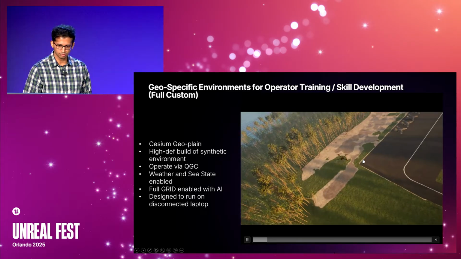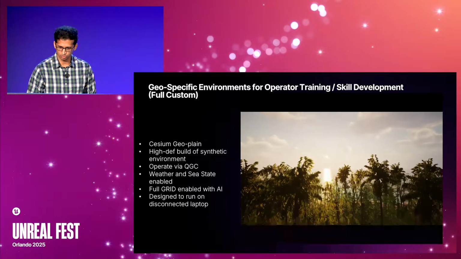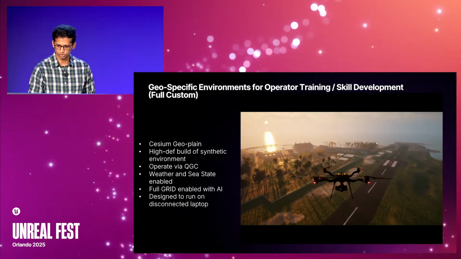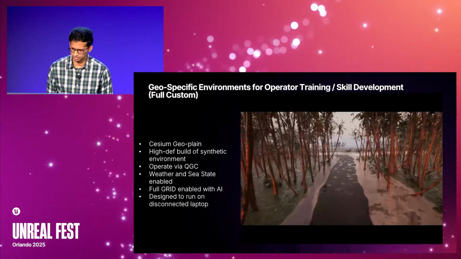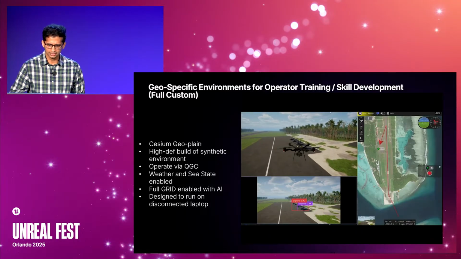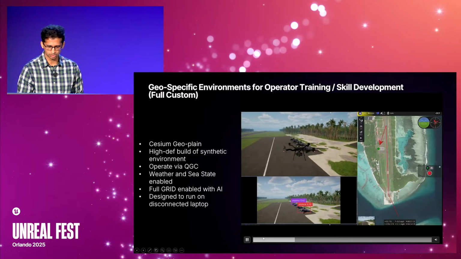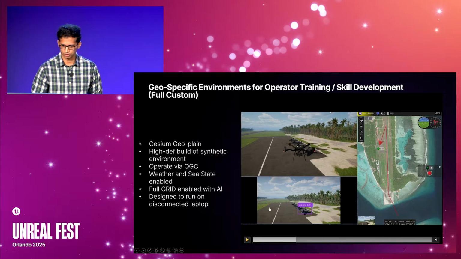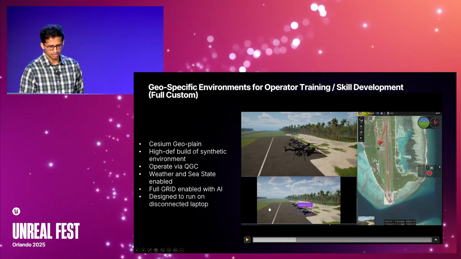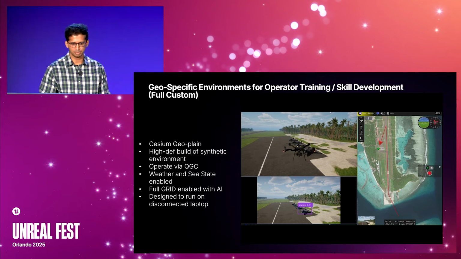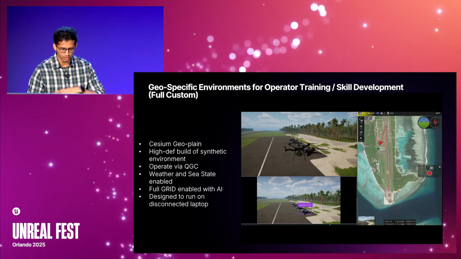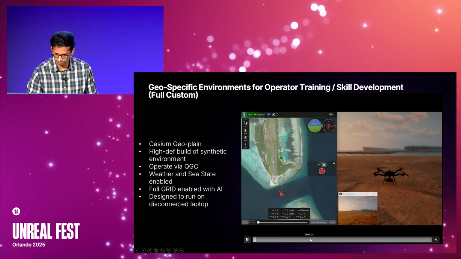All the nice-looking lighting and the variations in the trees and the water and so on, with an airport, I think it's an air base, with runways and planes and so on. Then you can start tying in things just the way we talked about. So you have mission planning, and then you have different objects of interest that you can place, and these AI models you can tap into. This was an end-to-end scenario that we did with our GRID platform.